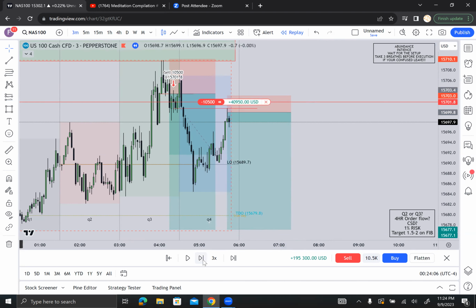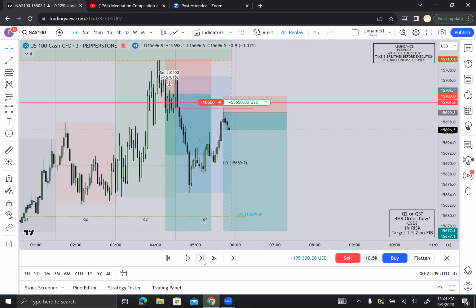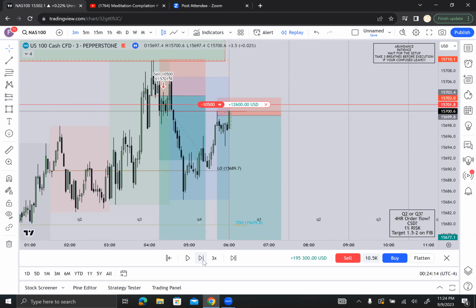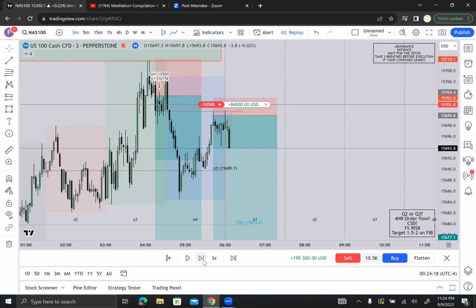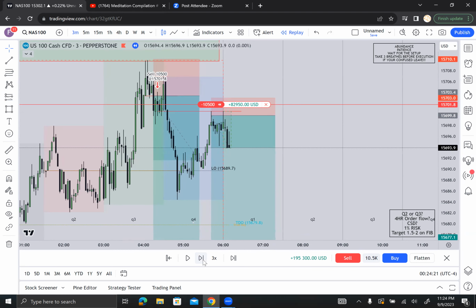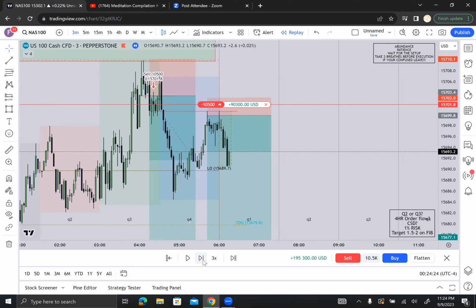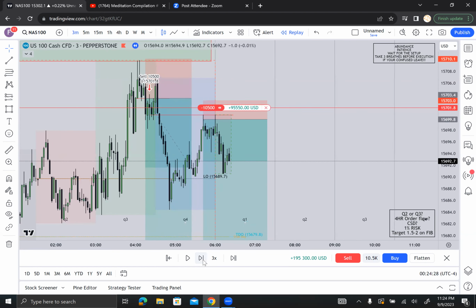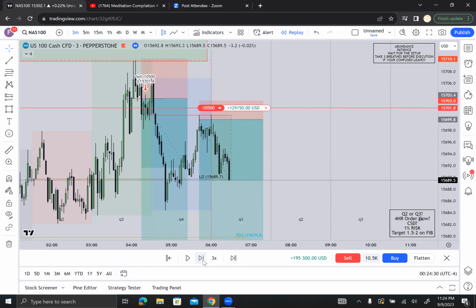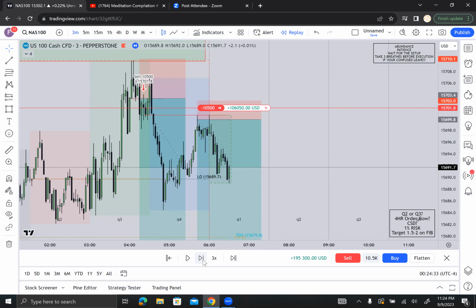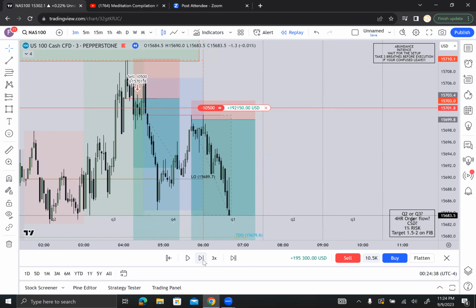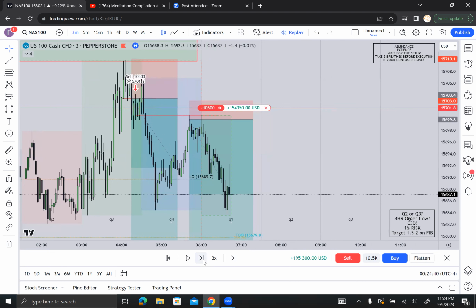Take this frame by frame because it's respecting fair value gaps. Hit the CSD one more time. Beautiful. Respecting fair value gaps, not seeing any breaks. If we see a CSD break to the upside, that's where we're gonna want to start becoming hesitant. But right now we're in Q1. It's giving us a